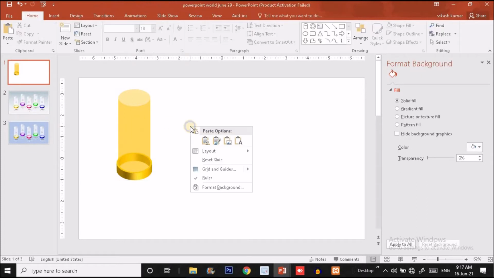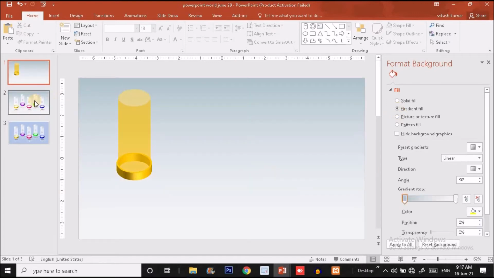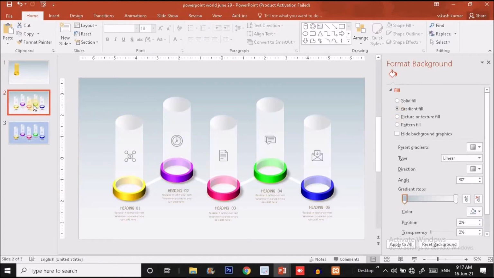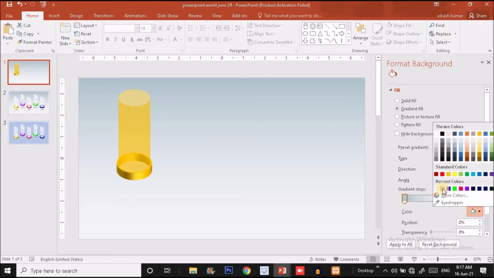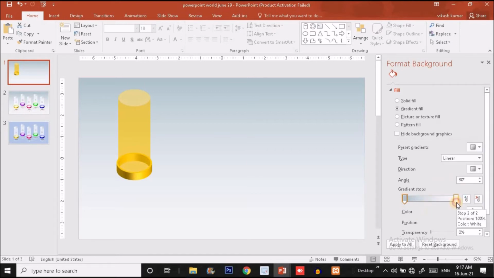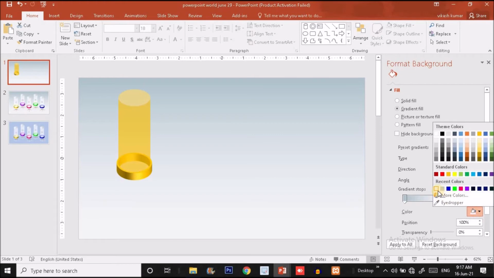Okay, and let me format the background, like I'm going to make it gradient, and it will automatically fetch the color from the previous slide, because I have used these two colors for formatting the background of this particular slide. Okay, so let me show you which type of color I'm using. For the left handle, you can see I'm using this particular color, and for the right handle I'm using this color.